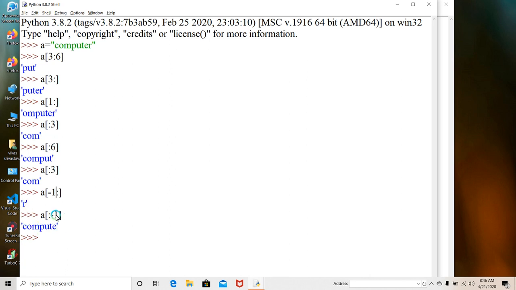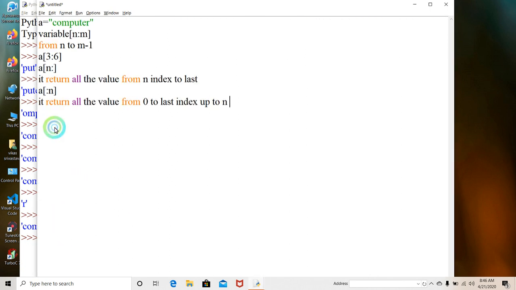And here we have given the last index as minus 1, so minus 1 and minus 1 becomes minus 2. Now you may be thinking why we have not subtracted 1 here. Look, we have written a minus 1 onwards. Onwards means this value is n, and for n we are not subtracting any value, and up to the last index there is no problem. But if we write it like that, minus 1 means we are not giving the n value and we are giving the m value.